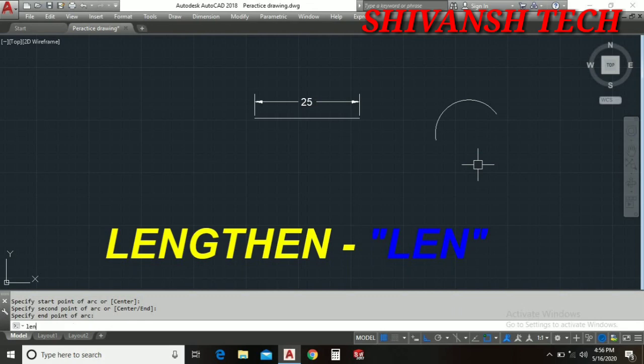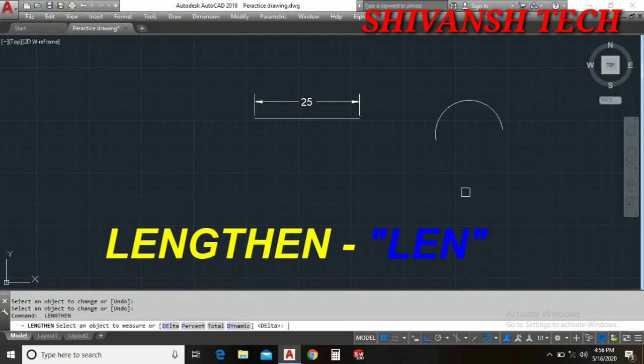So guys, LEN for activating the lengthen command, select delta here. Now select the object first. I just click. Now this is showing the length is of 21 mm and the inclined angle is 155 degree. From this point to this point, this is of 155 degree. Now you have select the delta here. Now if you want to increase or decrease the length, then you can enter a value here. Now the length is of 21 mm and you want to increase the 4 mm length, then press enter, and then select the value. 4 mm length has been increased now. Alright guys, then press enter.